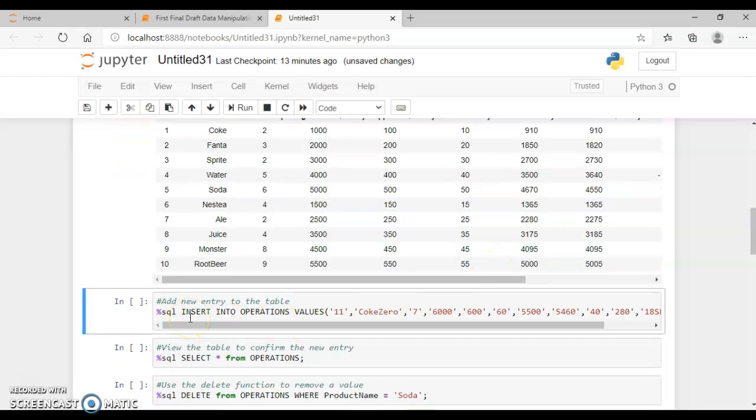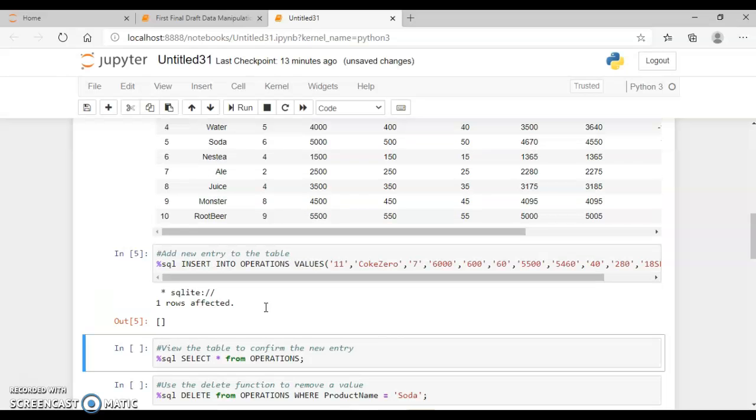Now it's possible that the manufacturing team just created a new product called Coke Zero, and the business needs to add these new products into the table. To add a new entry to the table, we use the insert function, which I have here, and I have all the parameters too. If I run this,